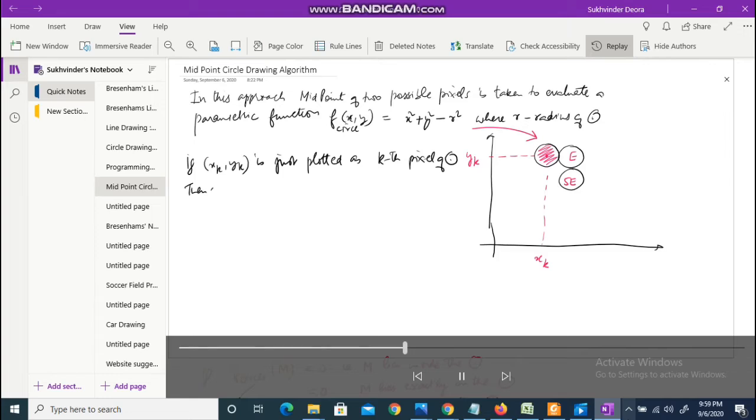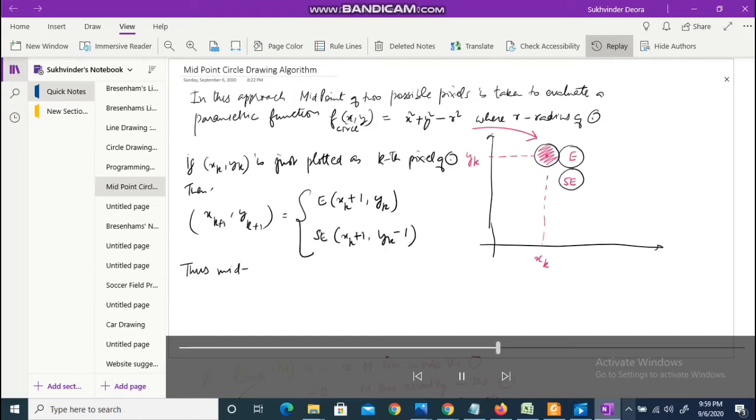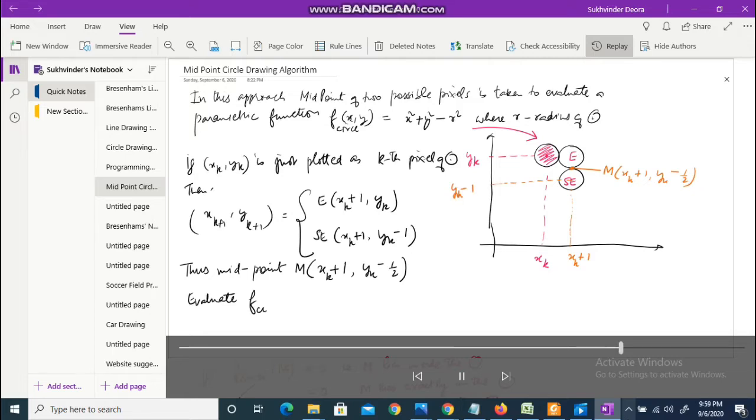and the kth pixel, if we have plotted, then we are to identify which is the k plus 1th pixel. Either it will be the eastern pixel whose coordinates are xk plus 1 comma yk, or the southeastern pixel which is xk plus 1 comma yk minus 1. So in this approach we take the midpoint between these two, which is xk plus 1 comma yk minus half. Now at this midpoint we evaluate the value of the parametric